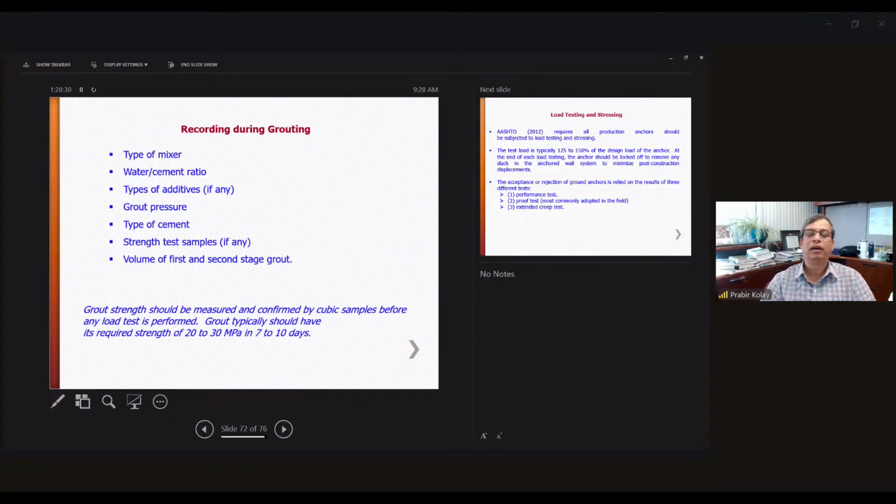Recording during grouting: you need to check the type of mixer used, water to cement ratio, and type of additives you are using. If you are injecting, maybe you need to use some retarder so that it will not settle quickly, and also check the viscosity. Grout pressure is important. Type of cement is important. You also need to do strength tests of samples,